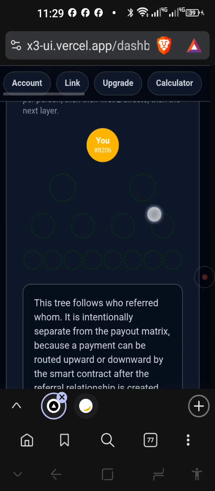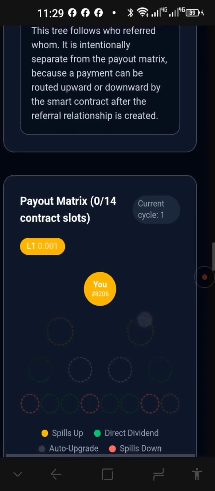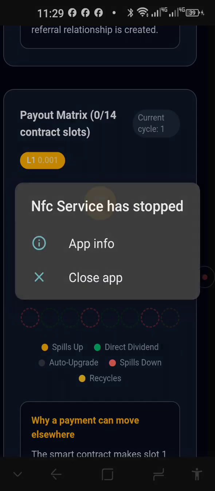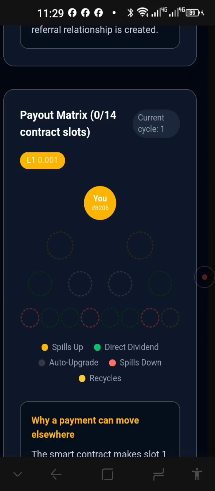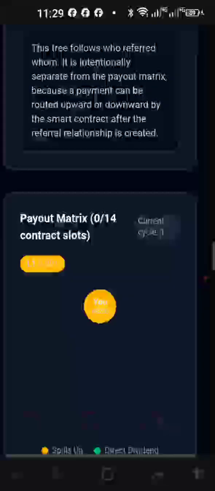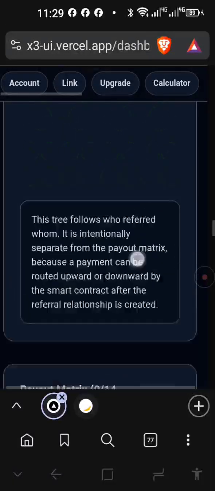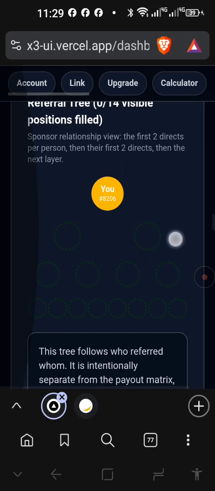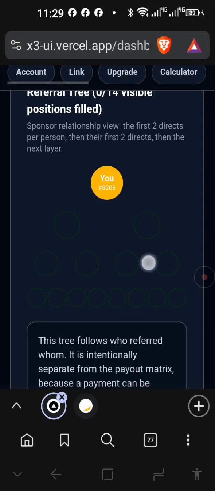So that means it can fall in a slot 1 or slot 2 or any of these 14 slots on that matrix, and then it will be routed again according to where it landed there, and that's when in many instances it will come back to you. It might come back to you. Alright, so that's the only way we can predict it. Alright, and then slot 13 is spilling down 2 levels to your left. That means this is your first level, your second level, so it will fall under this position's matrix, payout matrix.